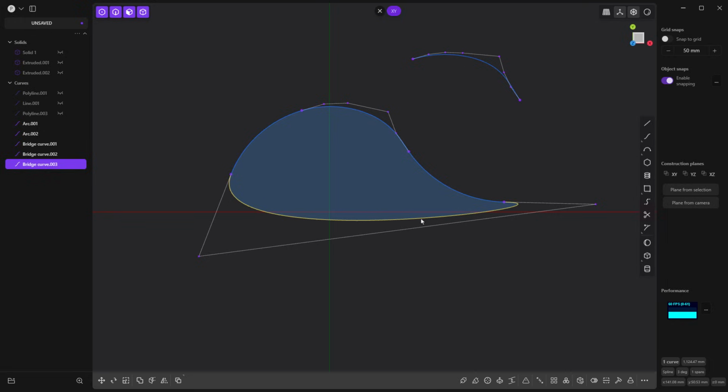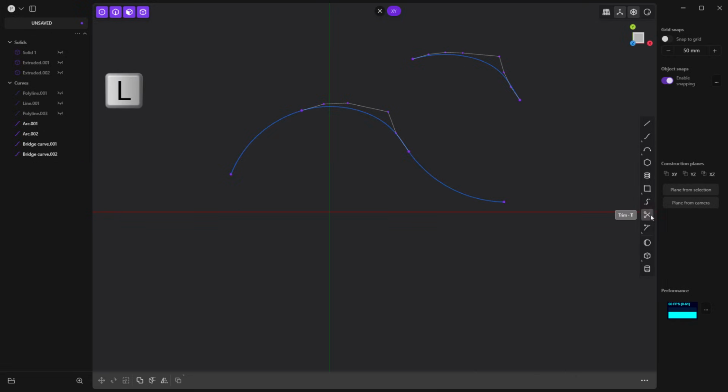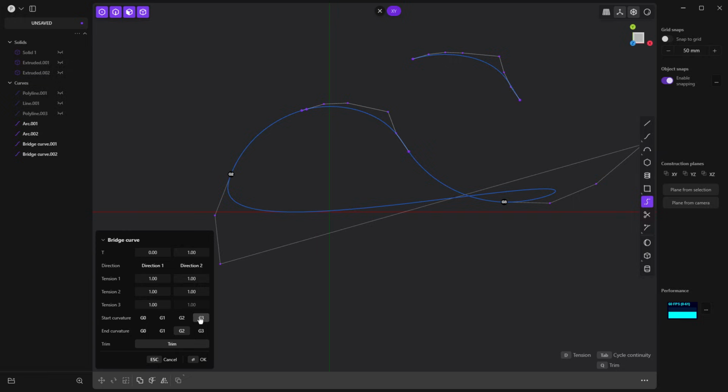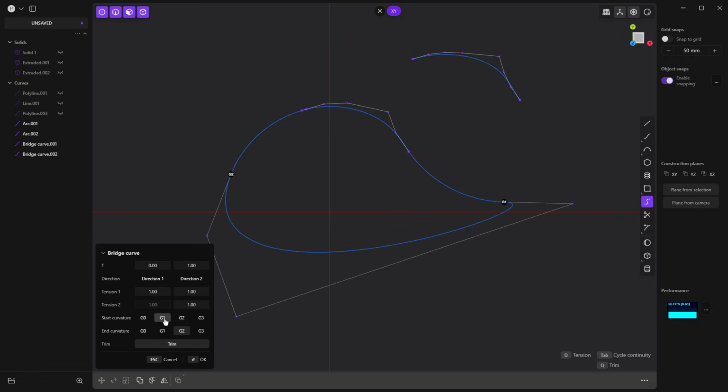Now I'm going to go ahead and delete that last curve, and I'm going to use bridge curve to go from here to here. And notice that the direction is backwards. So we need to flip it around. And again, we can go to 0 and 100 here, and we can control the curvature continuity independently of each of those. But again, it's giving us a very similar result. But what you're going to find in some cases is that the bridge curve is going to give you a better or more accurate result